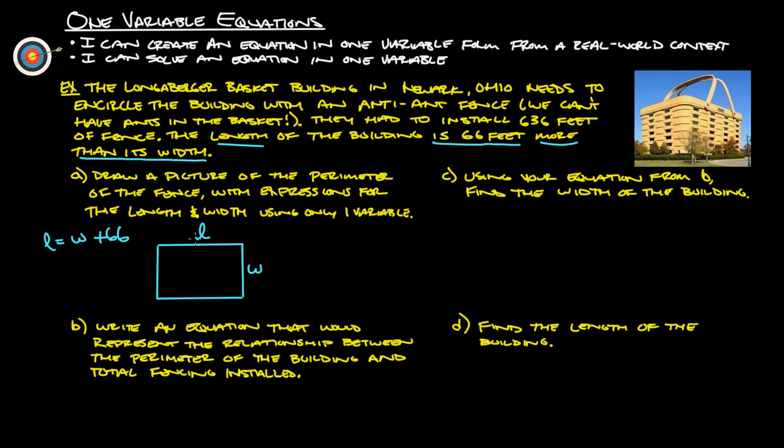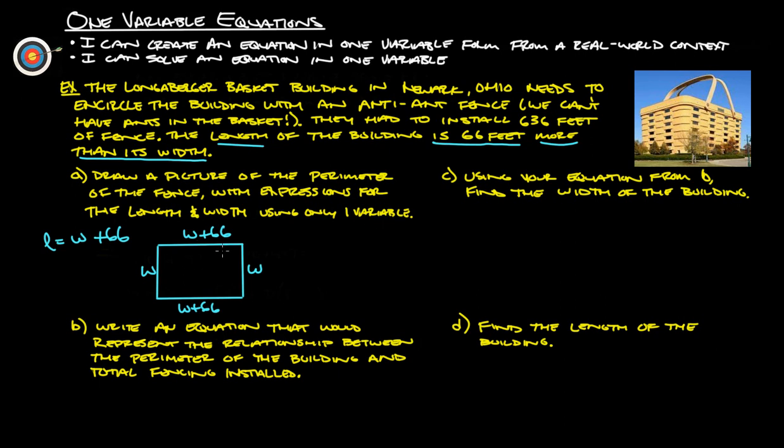Wherever we see an L, we can put in W plus 66. That's our big key there. So we take L out and replace it with W plus 66. This side is also W, and this is also W plus 66. So this is an expression for the length and width only using one variable,